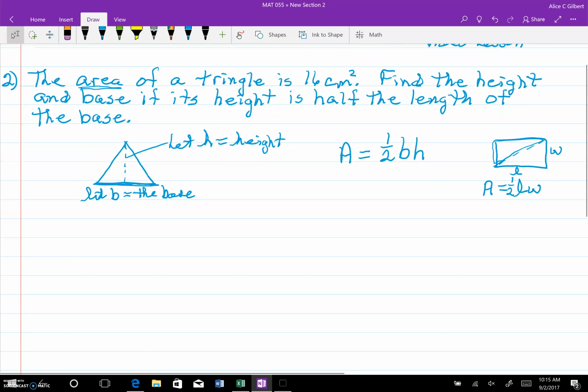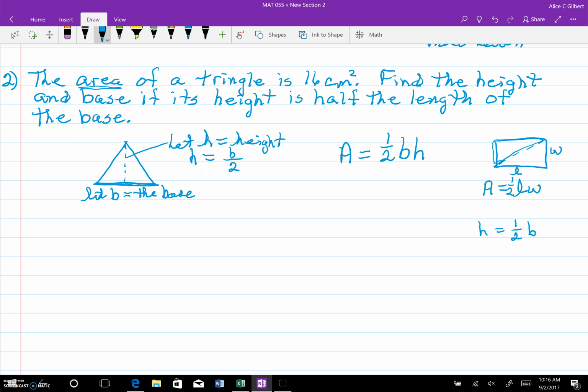Now, let's go back and read this a little bit. The area of a triangle is 16 centimeters squared. Find the height and base if its height, so we'll go h equals, is half the length of the base. So we can either do it as base divided by 2, or we could multiply the base by 1/2. Multiplying by 1/2 is the same as dividing by 2, either way. Okay, so